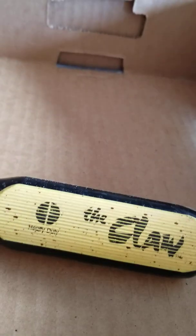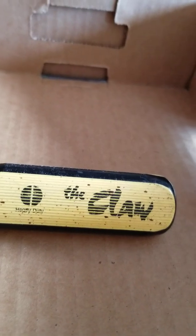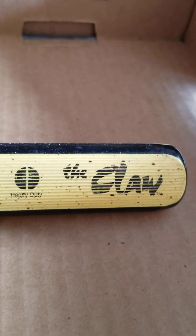Vermont American USA. Can't quite make out that number. Maybe you can, but I got this in the probably late 80s or early 90s and have had it ever since. Can't remember where I bought it, but it's been a decent screwdriver for me. I like it. I'm not sure if Vermont American's still in business or still making stuff in the USA, but